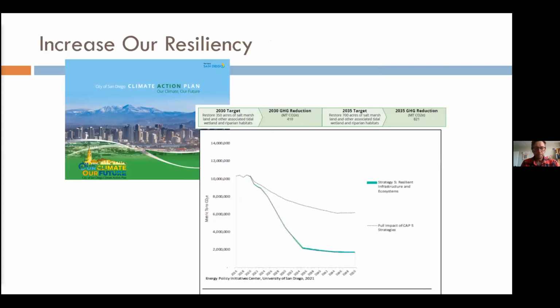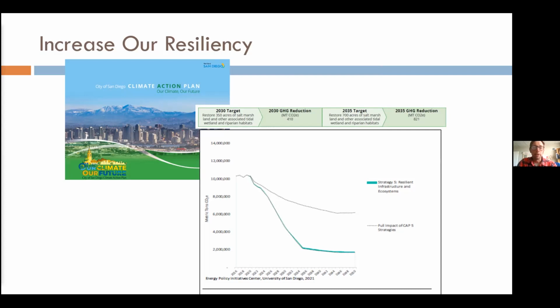Next slide, please. So the way that we have been interacting with this, and the way that I have definitely been diving into this issue a little bit, I'm not a wetland scientist at all, is that we have been supporting the city of San Diego in their new climate action plan. They have a plan from about 6 years ago, and they just recently passed their update to that, a 5-year plan, in August of 2022.